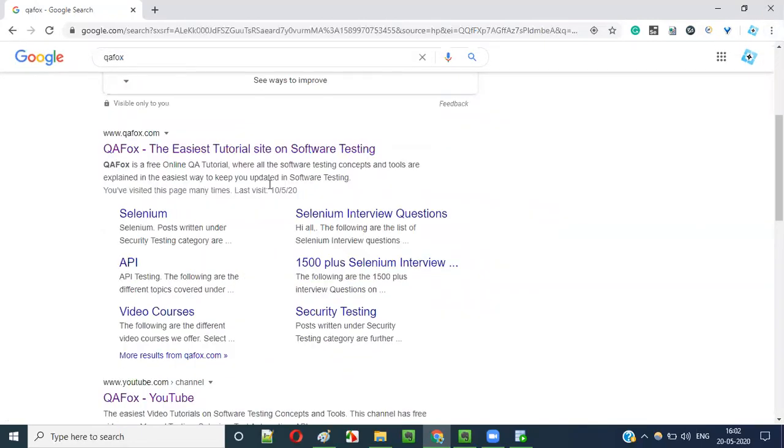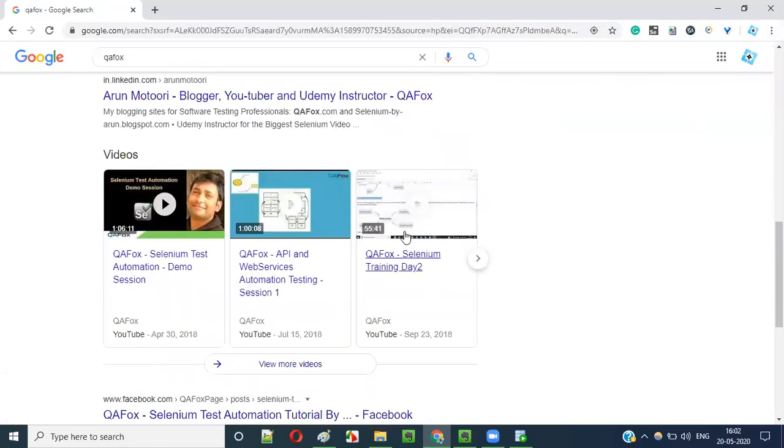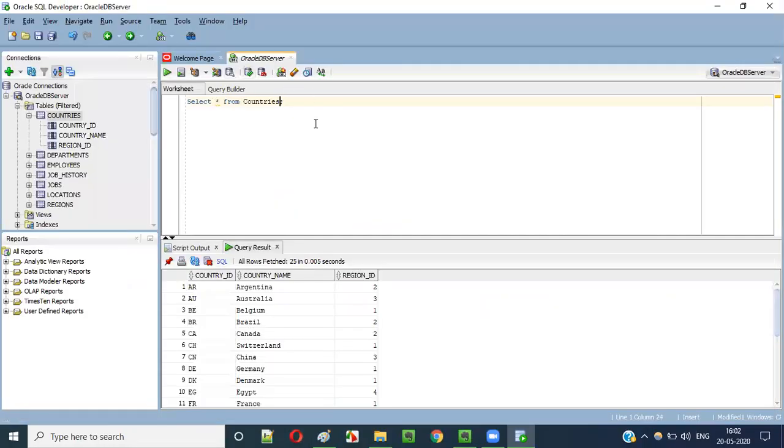Similarly, here you see qfox.com is coming, QFox YouTube is coming, Blogger is coming, and all those things are coming. Okay, fine. Now here when you say select star from countries, all the data under all columns of the countries table will be displayed here. But if I want to add a condition, I have to use the where clause.